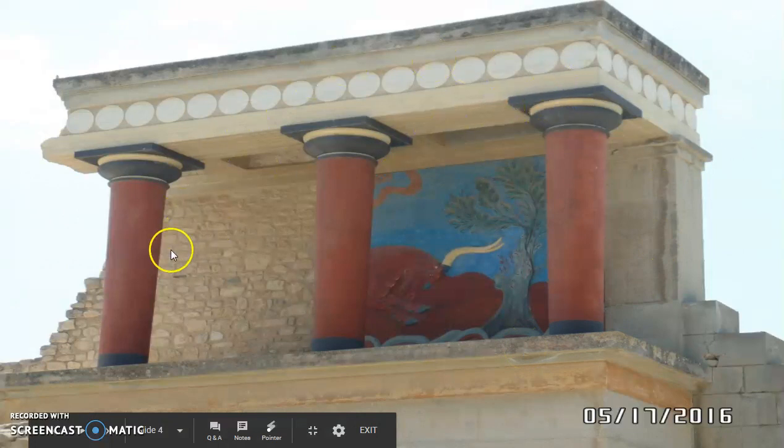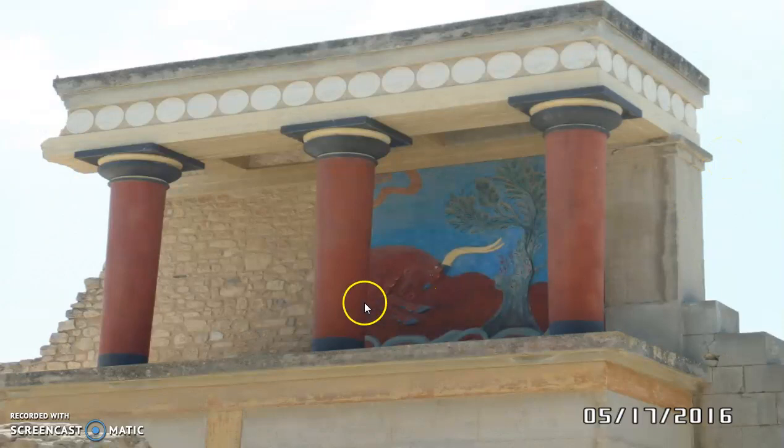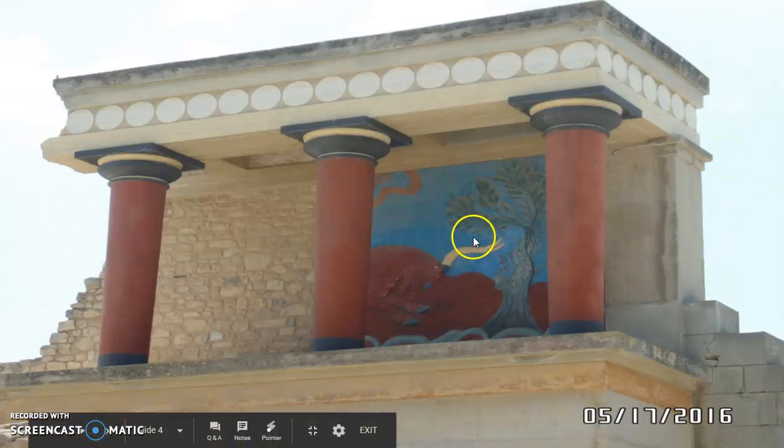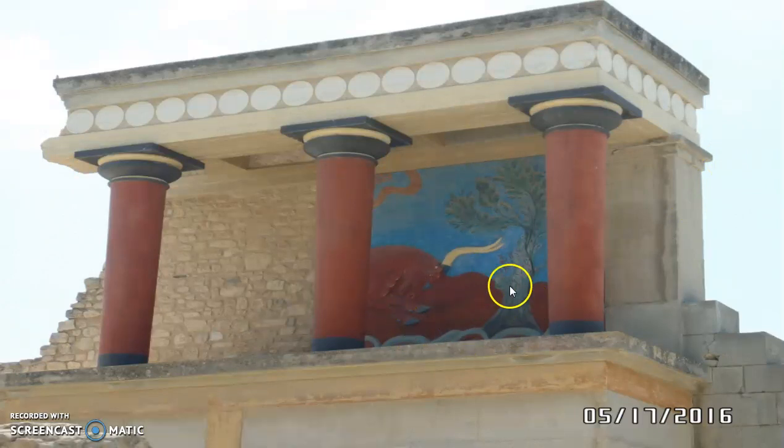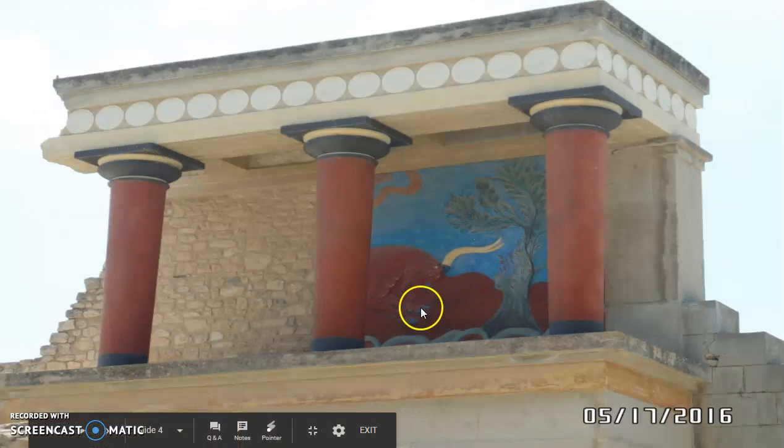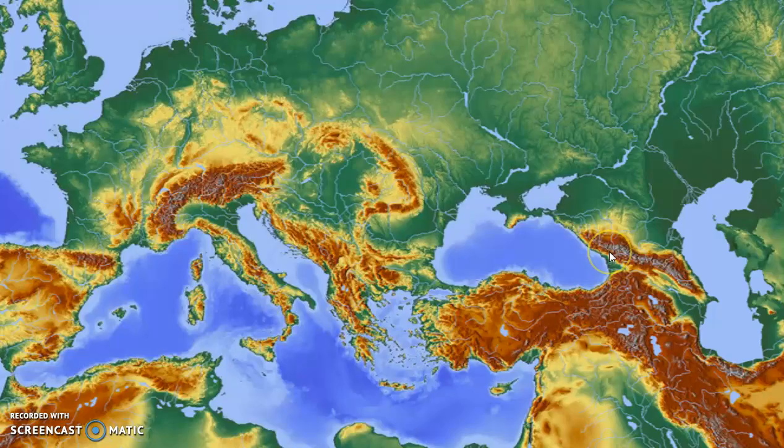This is kind of cool. This is a reconstruction of one of the walls of the palace. This has been repainted, but it is a reconstruction of one of the paintings. We've got this bowl, got lots of red. Interestingly, when they reconstructed the palace, they actually put the columns upside down. So these are actually the bottoms of the columns.